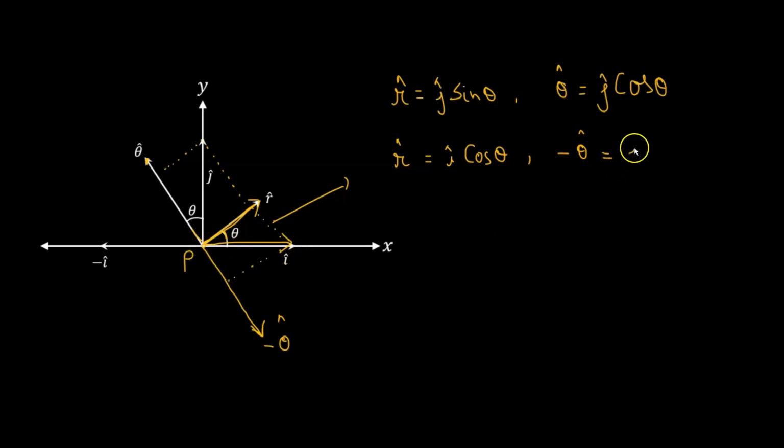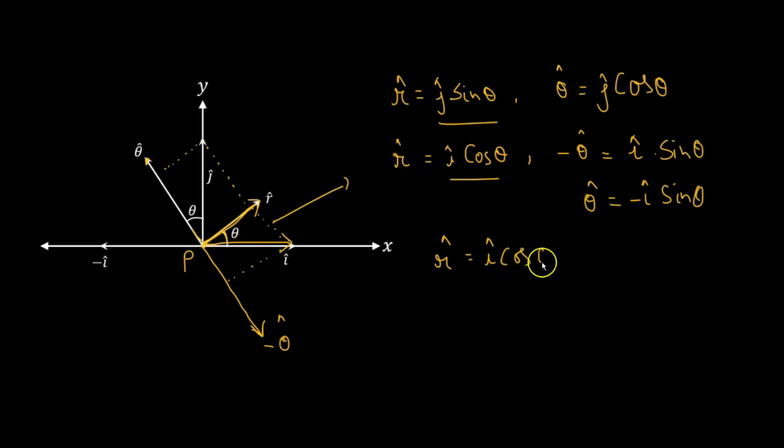That's equal to i cap times sine theta, or simply theta cap is equal to negative i cap sine theta. So let's write the combined form. r cap will be, so this part and this part, i cap cosine theta plus j cap sine theta, and for theta cap we have negative i cap sine theta